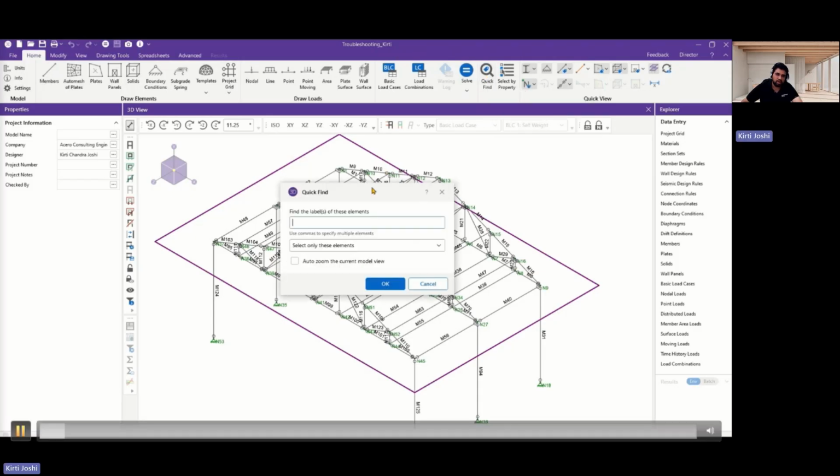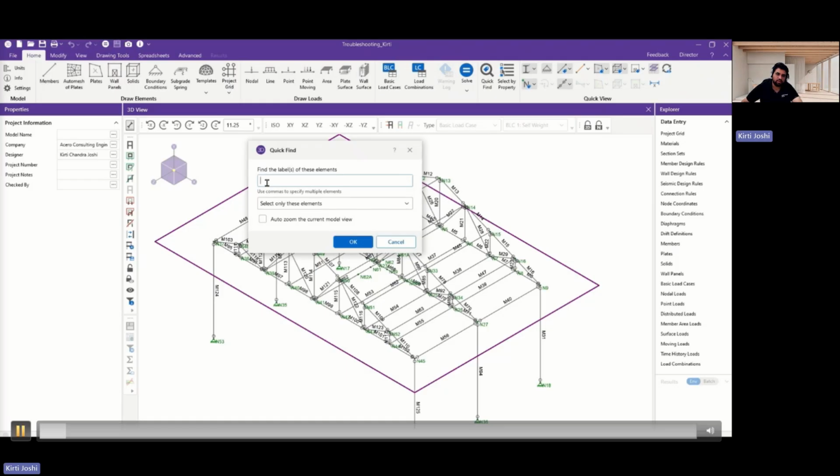Once you click on that, if you want to find particular members, you can just select them. When you are getting some kind of error, like your member M21 is failing, and you have a complex model, instead of searching one by one, you can use this quick find feature and just write M21. And there is the option of auto zoom also. I'll show it with two cases. Once you untick this option and give the name M21,